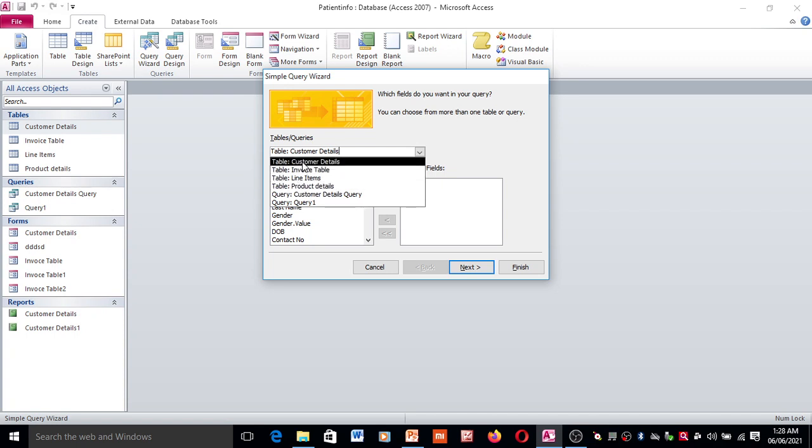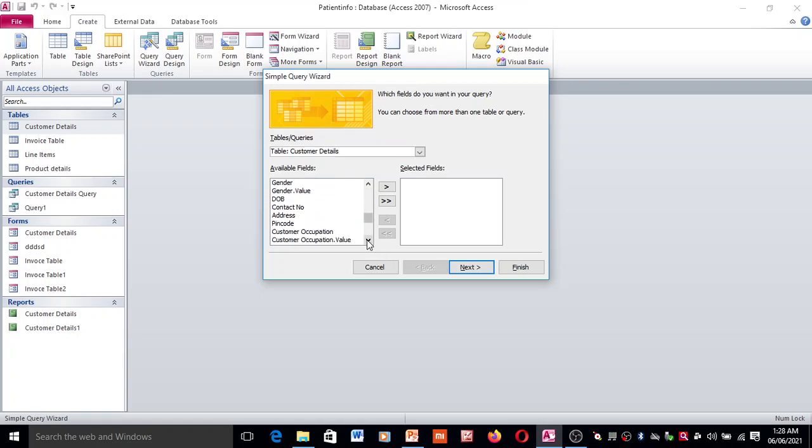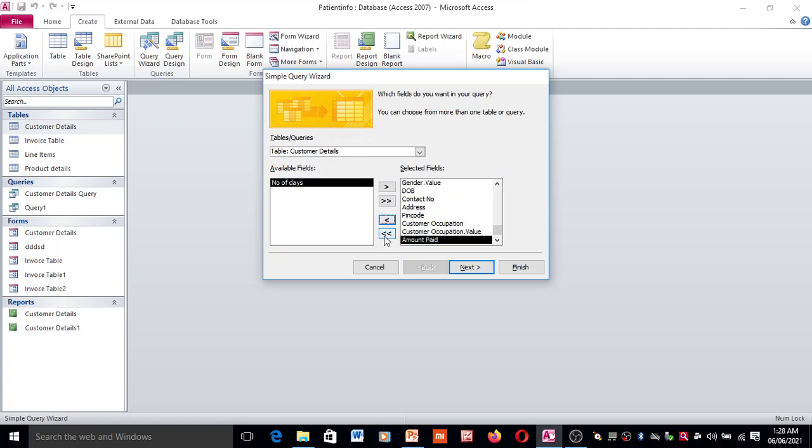Here I am selecting a table. In the table, these are the fields already available. In that particular table I am selecting fields. You can select all the fields by clicking the double angular button, or we can select individually by clicking the single angular button.